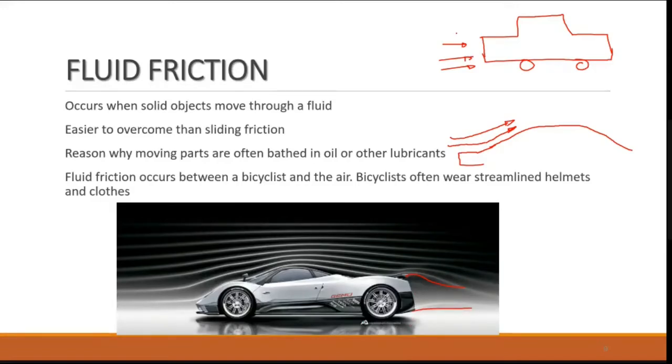When you have something like this, what happens? The air will hit and try to have a turbulent type of motion. Whenever you have turbulent motion, you have very little stability. Because of that, there may be an accident, or there is no control of your vehicle. Most race cars going at high speed look something like this. Not only cars, even bicycles and motorbikes are all designed in such a way that fluid friction is reduced. So that is also a factor.